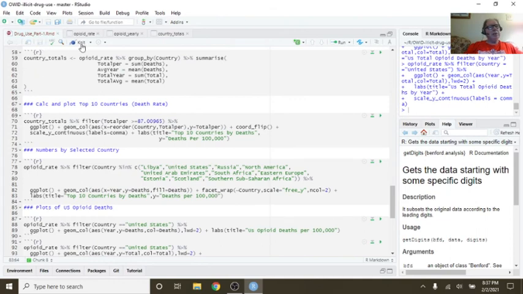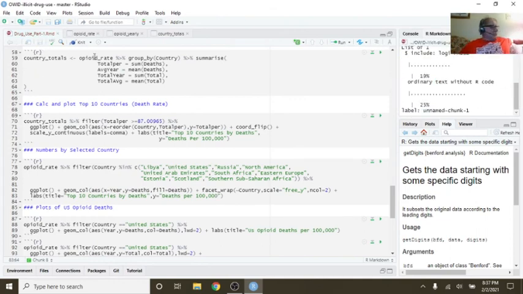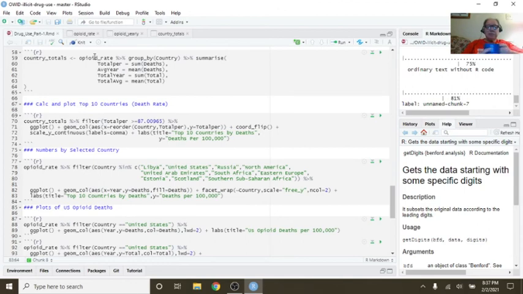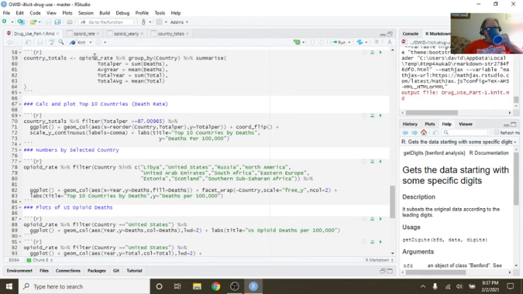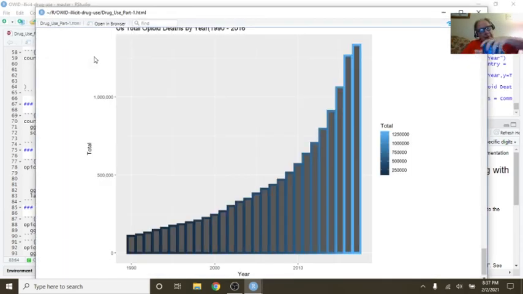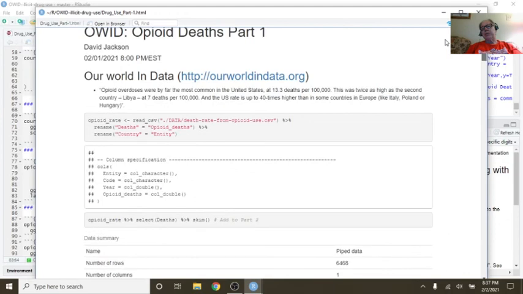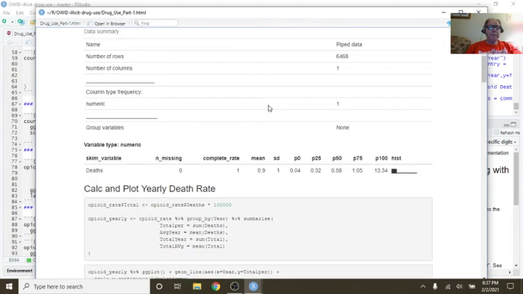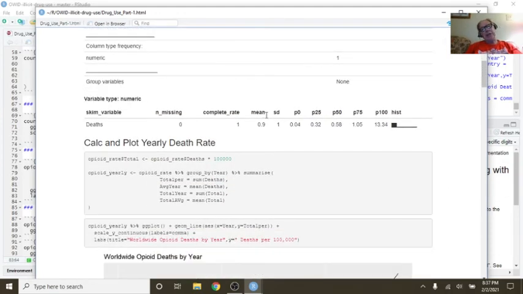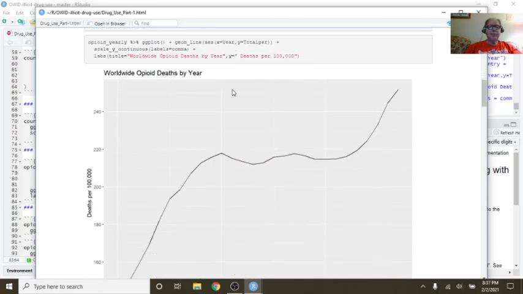Okay, so let's just run this once more from the top. Come all the way back up the top here and see what we got going on. This skimmer is kind of an interesting function.